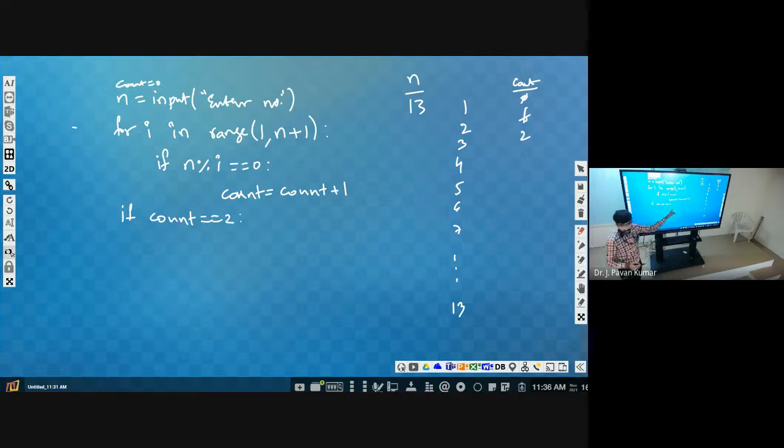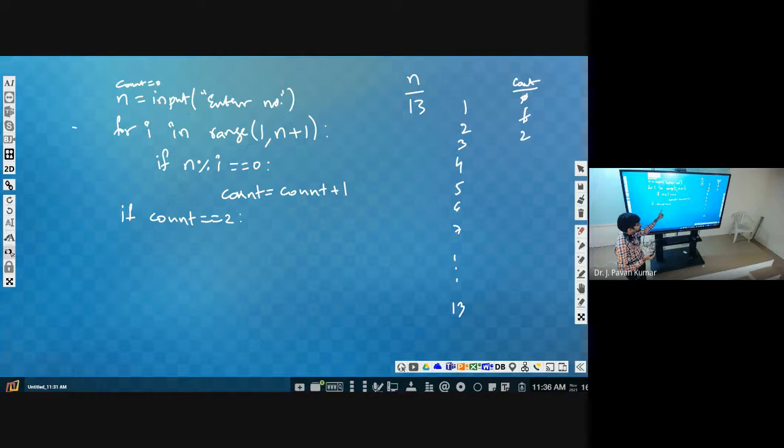Why are we using double equal to here? To compare. Whenever we use single equal to, then it will be assigned, like count = 0. Single equal to we have used, so 0 will be assigned to count. If you use two equals to, then both will be compared.